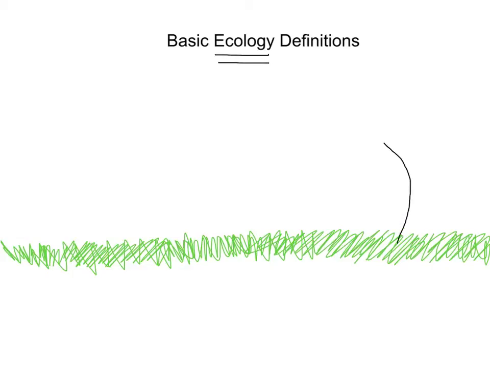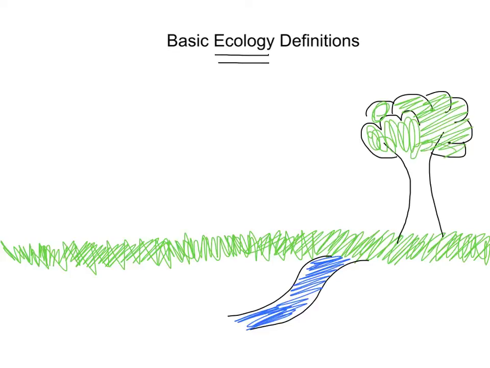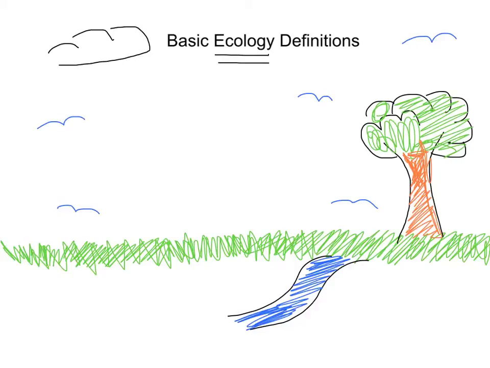I'm going to draw a few other little bits here. We're going to just put a tree in place here. Just maybe have a lake, just so we've got a few things to be working with. We'll just put one or two creatures over here, so we'll have just some birds about the place. Might even have a cloud up here. Some rainfall coming down. So we're going to imagine it's a rainy day